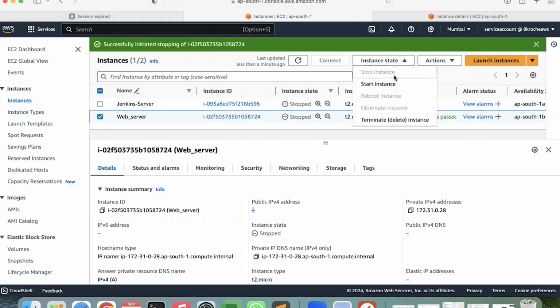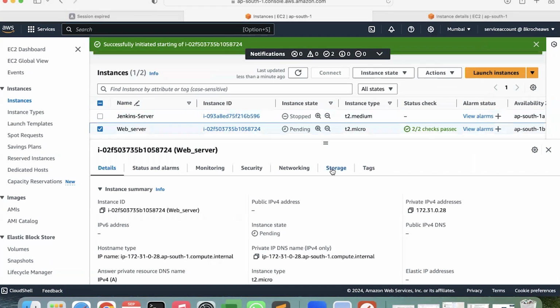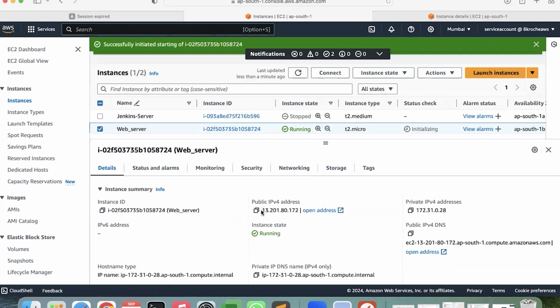Now if you try to start the server again, already in previous sessions I have talked about when you need to stop and start your server. If you do this, what will happen in the backend? AWS has an algorithm: your EC2 instance will move from one physical host to another physical host in the backend. That is what will happen when you stop and start from the console, exactly what I did just now. After I started, it was in pending state, then started running. Now you can see you will receive a brand new public IP,